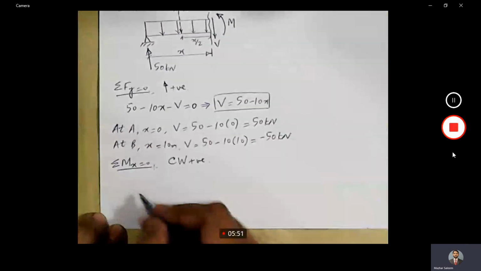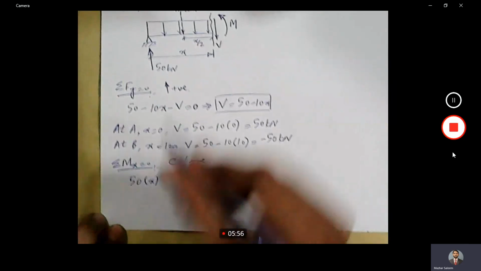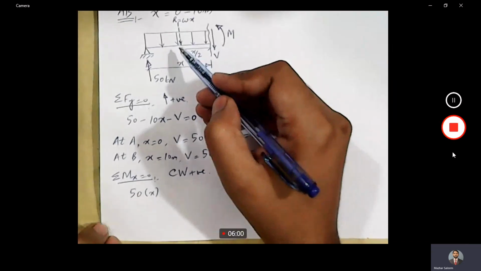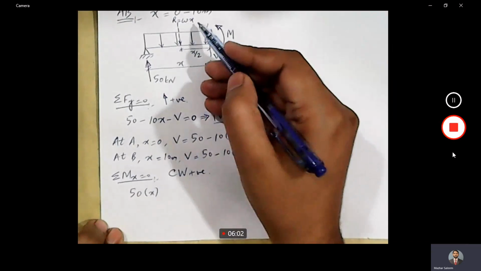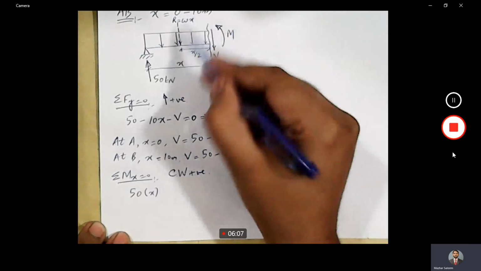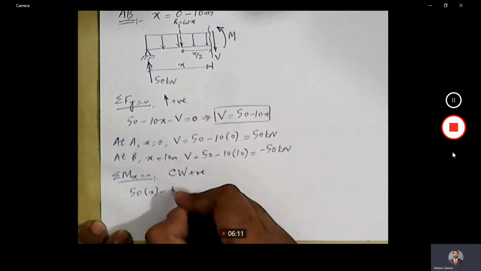So we will take it as positive, 50 into x. Then this UDL, its intensity is omega x or 10x, and the resultant is acting here, so it will produce movement in counterclockwise direction. It will be taken as negative